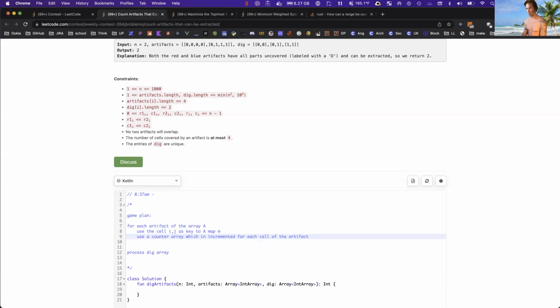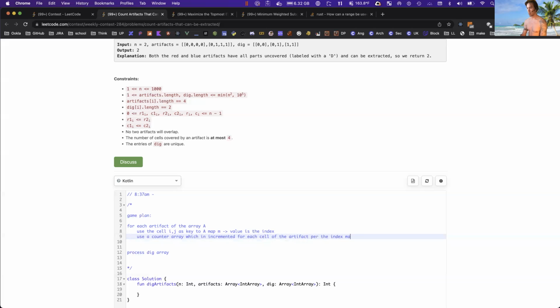Oh no, the map is the counter array, right? No. Map. So the key is each cell, which maps to the index. Value is the index, and then the counter array is incremented for each cell of the artifact